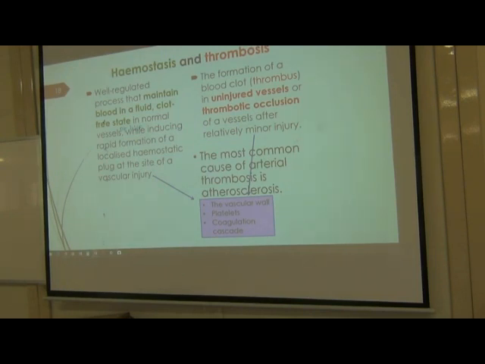It forms a blood clot that is now called a thrombus, in either a vessel that is not injured or a vessel that has a minor injury. The cascade you saw, the vascular phase, the platelet phase, the coagulation phase, like you would have when a vessel is broken, is elicited, and it forms what is referred to as a blood clot,